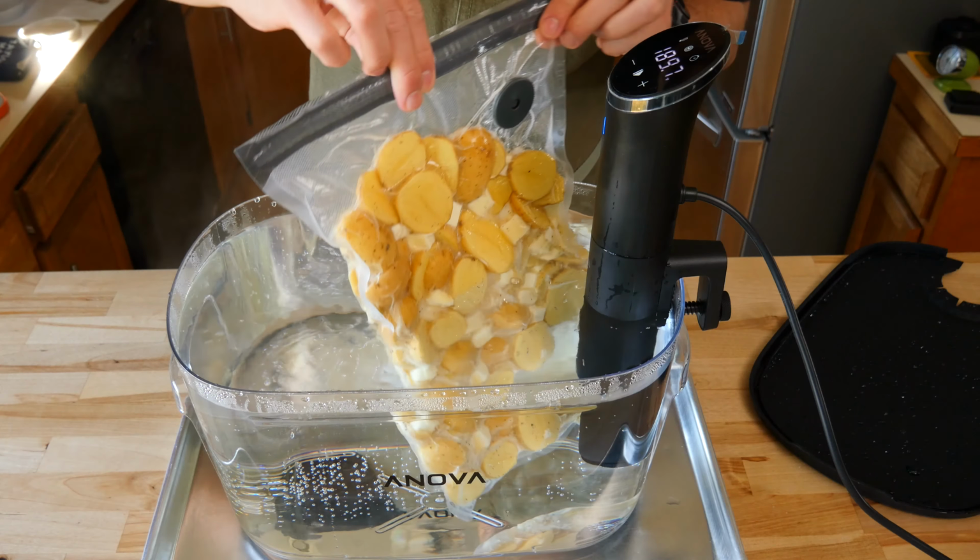Alright, now that our sous vide potatoes are done, let's give them the old taste-a-room. So looking at them, they came out super aesthetically pleasing. That broil that we put on them gave us that sweet golden brown color. That leftover butter liquid stuff that we poured over the top makes them glisten and shine in the light to make them look even more delicious looking. The parsley on top is extra, but it makes it look bougie, like you need to stick out your pinky